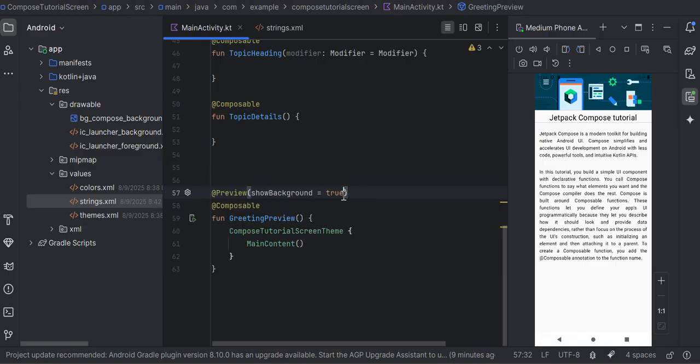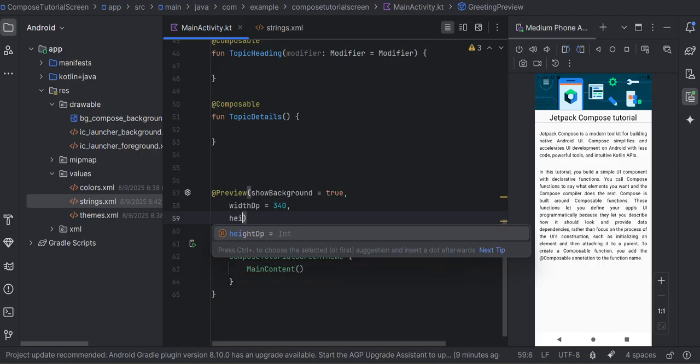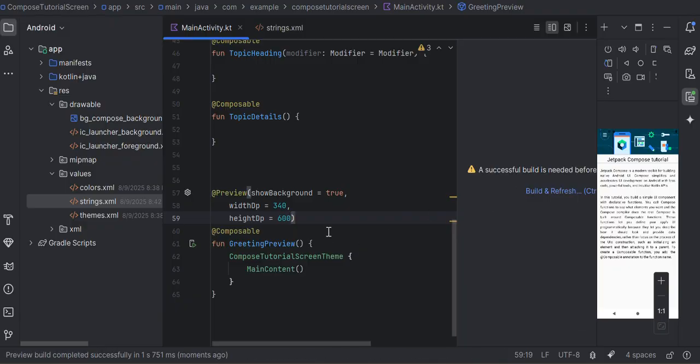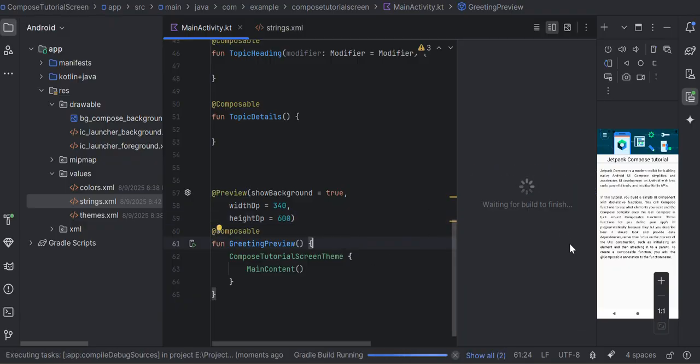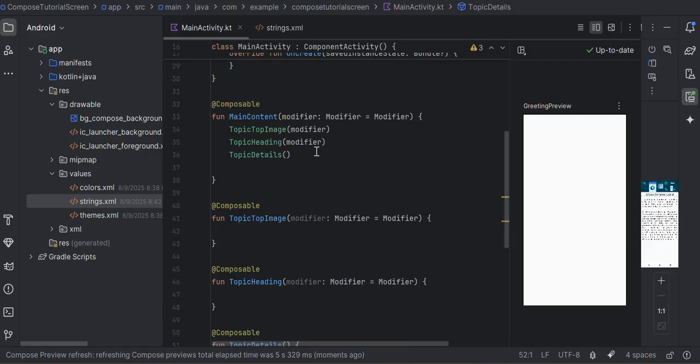In the preview I will add width equal to 340 and height equal to 600. Let me see this. Nothing will show. In the preview there is nothing because we have not added any component in this